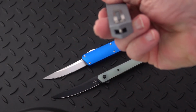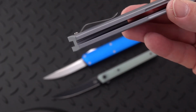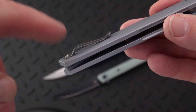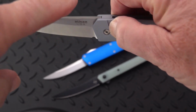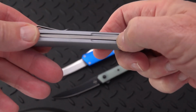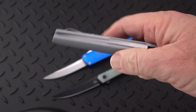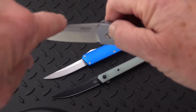There's your hidden lanyard pin again. And not quite as deep a carry clip as the others, but it is machined into the handle. No need for these screws to be below the surface because they're not underneath the clip. What they even give you on this one is kind of a relief there so that you can push your thumb below the surface of the handle in order to seat that and lock it in place. Otherwise, you might have a hard time